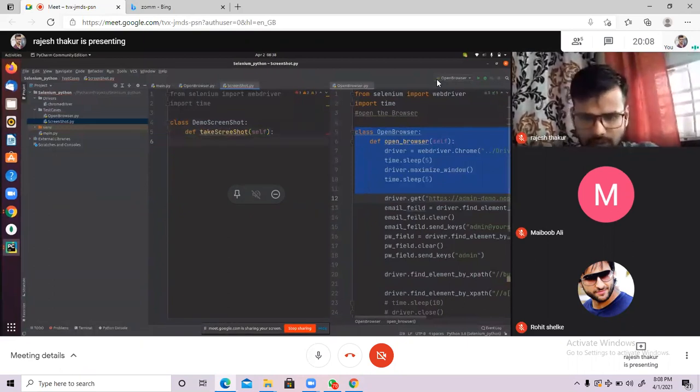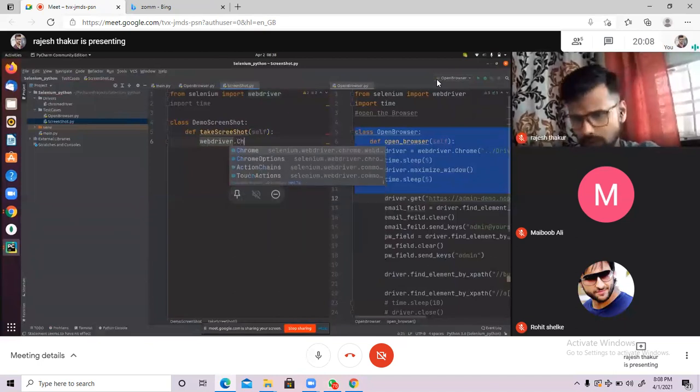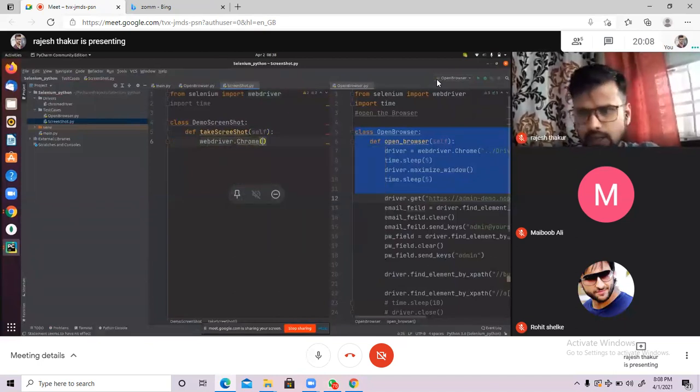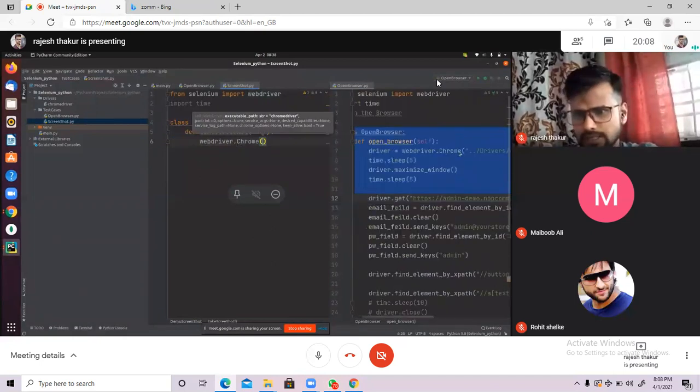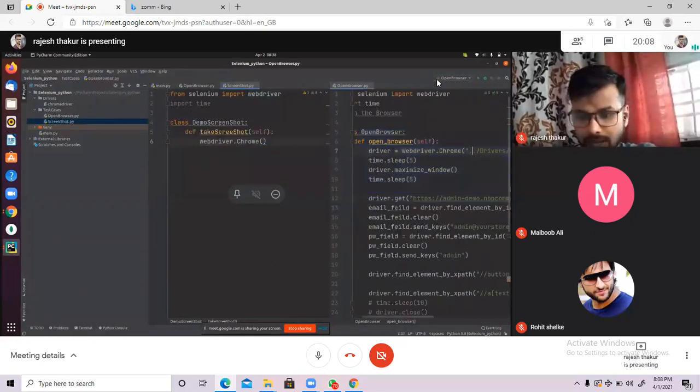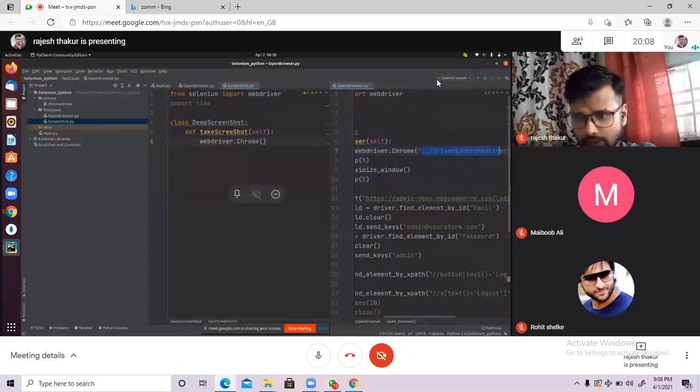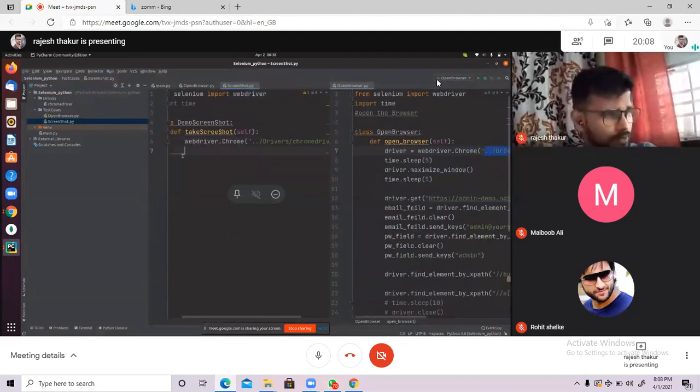So webdriver dot Chrome driver, as you want to do it in Chrome, and here similarly you can pass the path of your Chrome driver. Where is your Chrome driver? I guess everyone knows about it now. So everything is same. Just copy paste this. That's done. And then, after opening the browser, we have to maximize the browser, right?